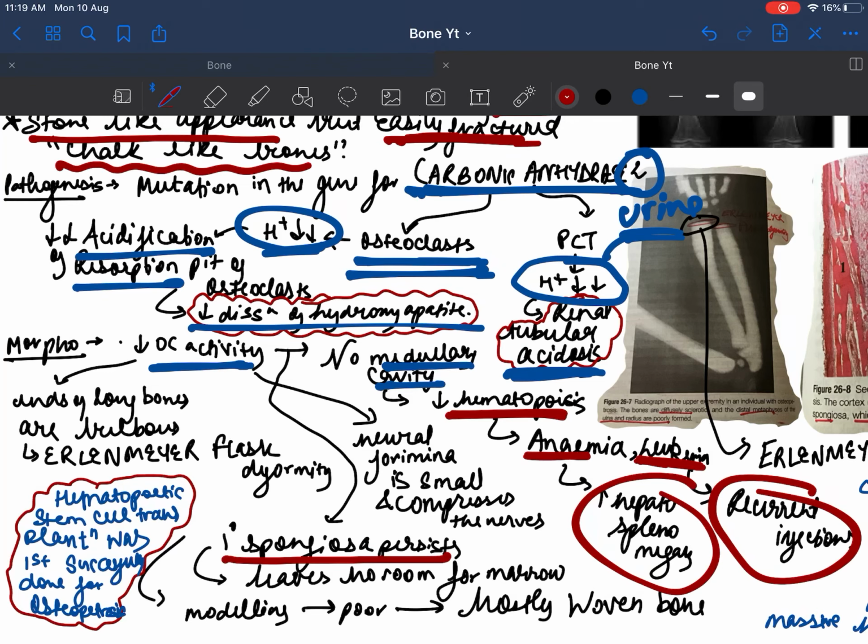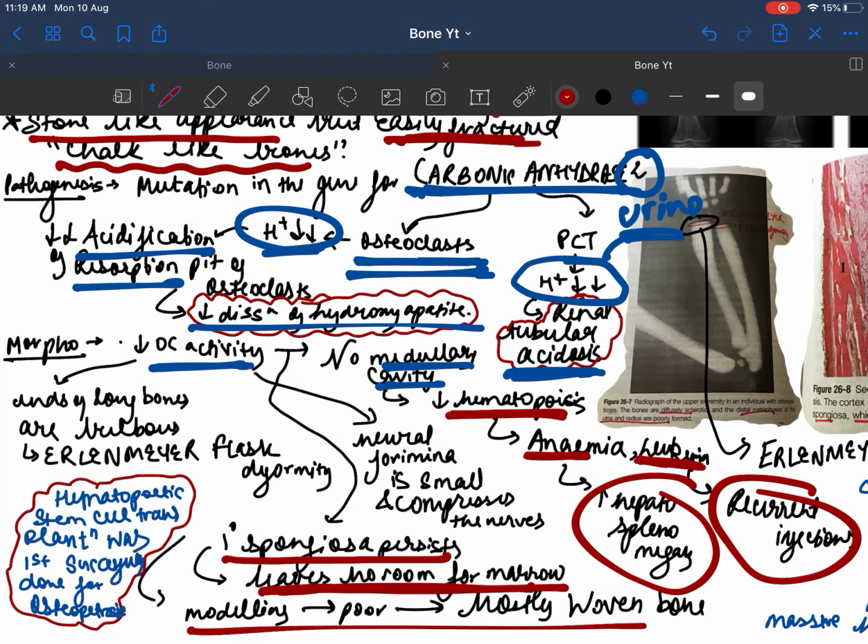But as the osteoclast is not working properly, there is no differential bone deposition on this primary spongiosa, which leaves no room for the marrow. The primary spongiosa persists, and it increases in size due to less osteoclastic activity, and it leaves no room for the marrow,